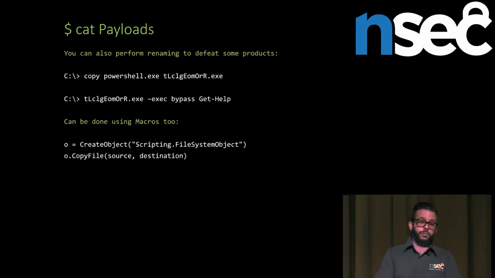Rename PowerShell.exe to something random. Some of them are not even bothering looking at the hash of the binary that you're running. They're just going to look at the name. So just rename it and do your things, and it's still going to work perfectly. Again, you can do it inside of your macro, because some software may actually detect that you're going to run the command copy PowerShell and rename it. So just do it inside of your macro if you're using a macro as your first attack vector. It's fairly simple. Just copy file, source, destination, and you're good to go.